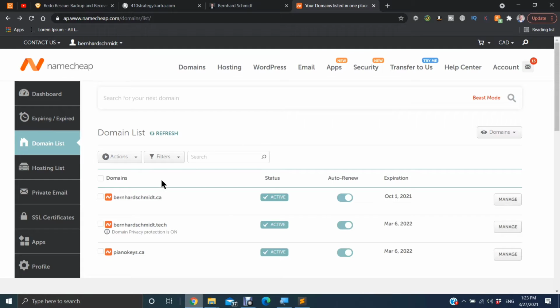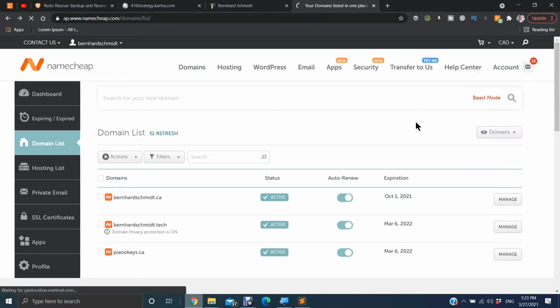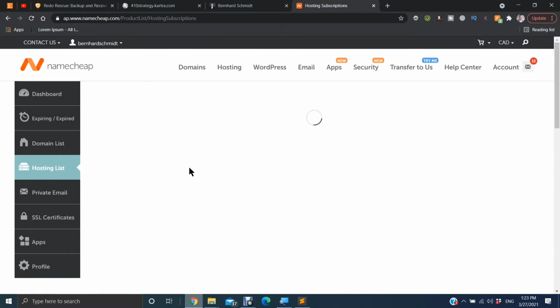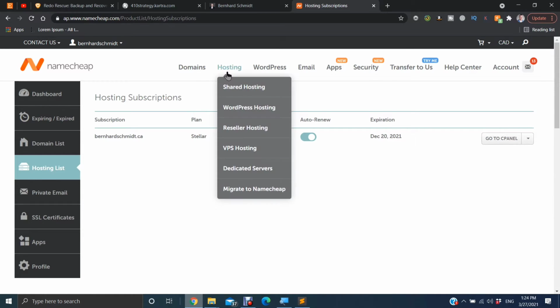So from here, like I said, once you have these domains purchased, if you want to actually host a website, you want to go to host list. Now, I've already set up hosting for this domain here. Before you can host a website, you'll actually have to set this up. It's very basic and straightforward. Now, once you purchase the domain, you have the option to get hosting with that as well. As you can see here, if you actually go to hosting,